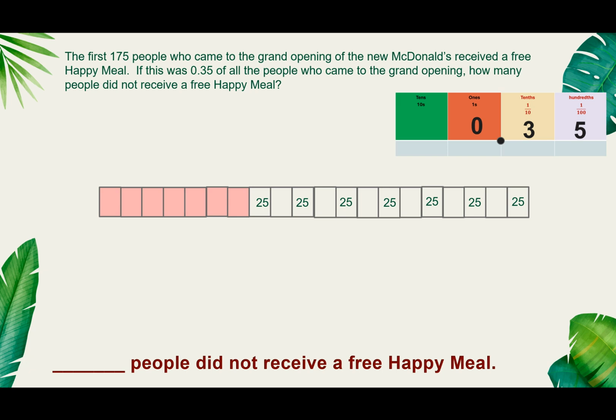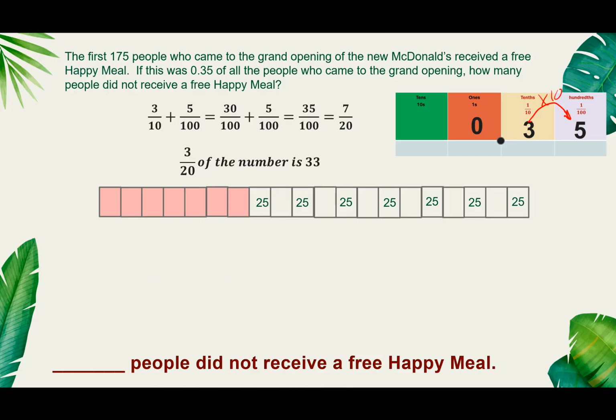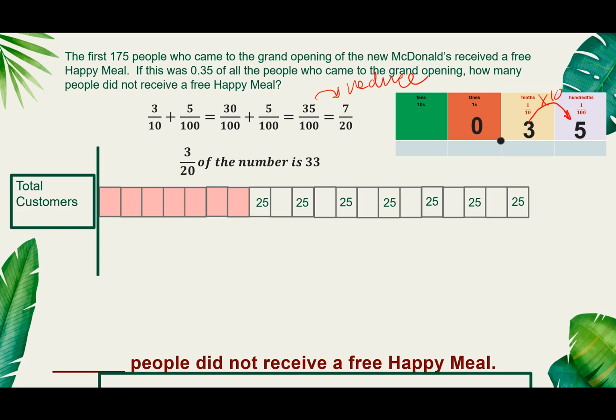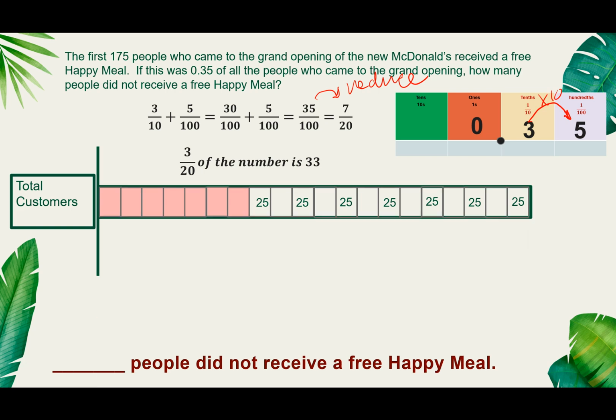3/10 again, if we were to regroup that into 100, we would say that would be 30/100 plus 5 more, that is 35/100. And we can reduce, right? From here to here, we reduce the fraction, and that would be 7 out of 20. So there are a bunch of people that came to McDonald's for the grand opening. We don't know how many people, that would be the blank bar. And then when you divide up that blank bar into 20 equal parts, then